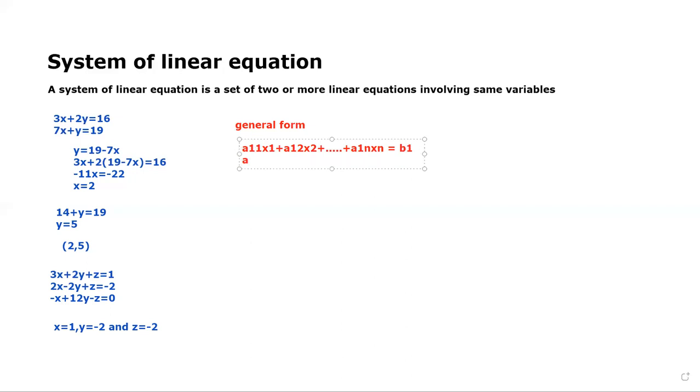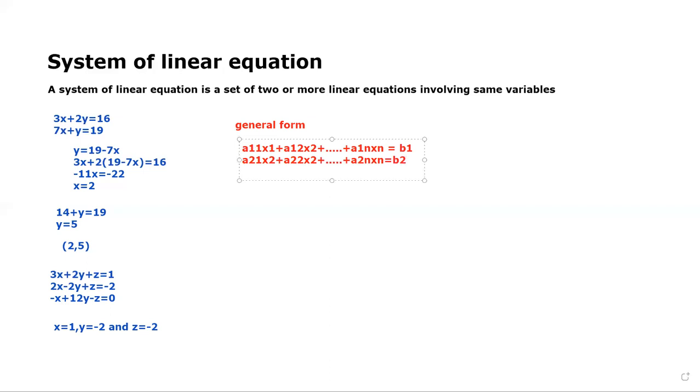Similarly, a21 into x1 plus a22 into x2 plus dot dot dot plus a2n into xn equals b2,